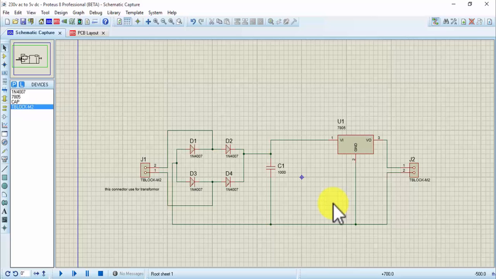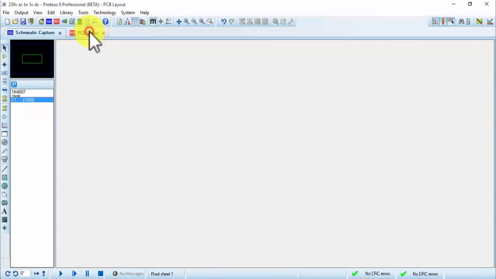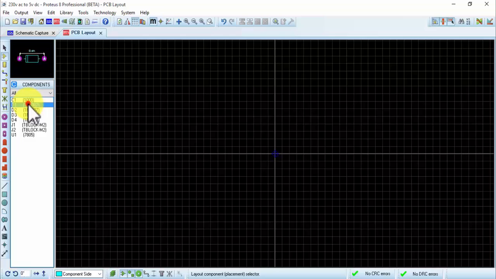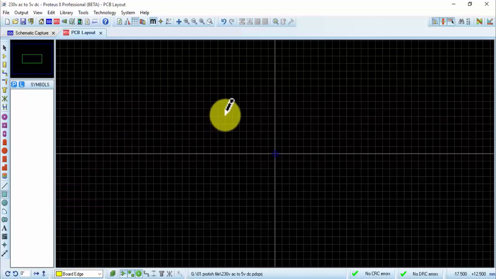And this is our schematic capture, where we are using the circuit diagram, and this is our PCB layout, and here we can check the component. After that, first of all, we go to the 2D graphics board and select the board edge here, and after clicking the board edge we drag the board in the circuit in